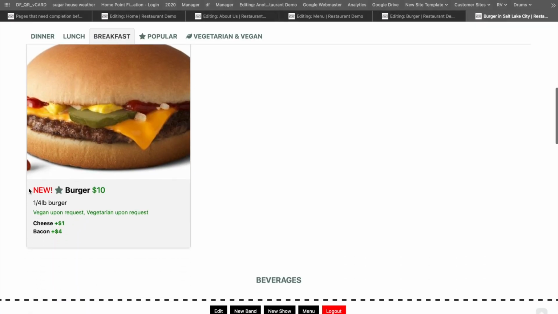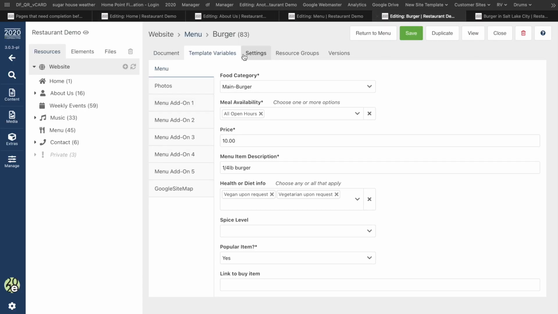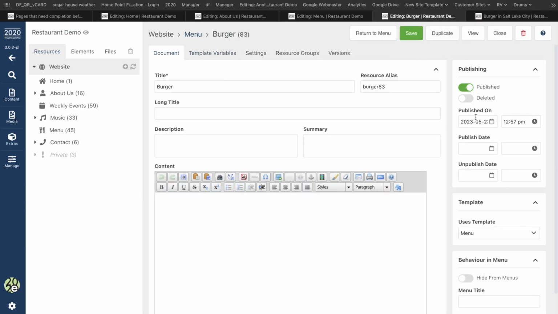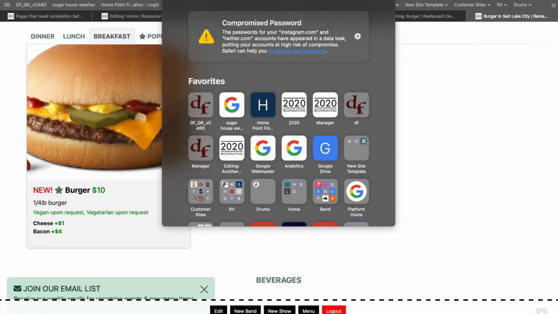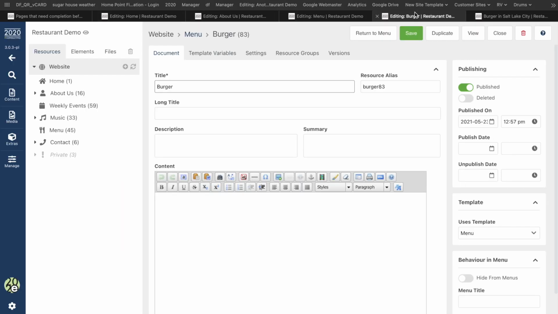All right. Yeah, the new part. Let's talk about that. So when we publish this or hit save, it published it on this date. Right now it's May 23rd, 2023. Now, if I change this to 2021 and hit save, that new is going to go away. So we're going to hit refresh, and that new is no longer there. So kind of a good rule is the first one you do, you kind of backdate it because you're putting in a menu that's been around. So none of these things are going to be new, right?